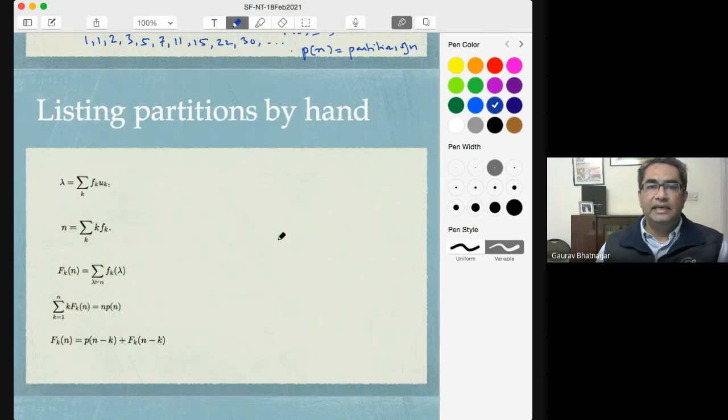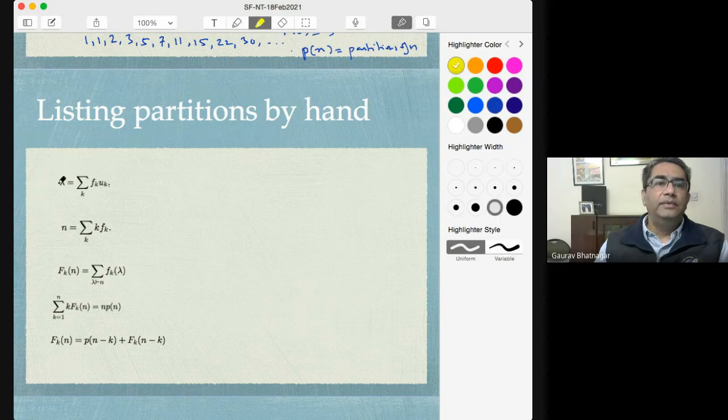So partitions are unordered sums which add up to a particular number, and we use a particular symbol U_k